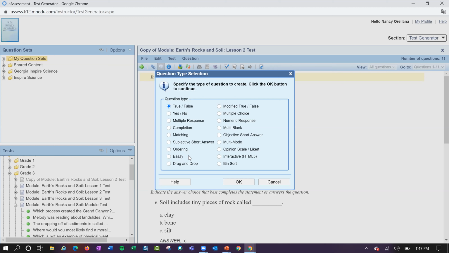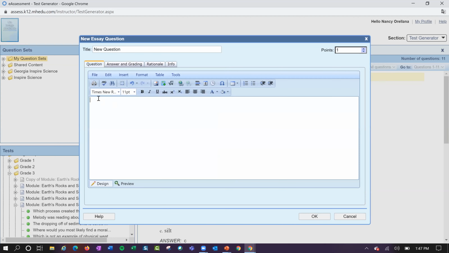For essay, the only thing I would do for the one that you said, describing the three states of matter, I would do that as an essay question. And I would make sure that I include in there that they have to do all three in order to get full credit for each one. Or the other thing that you can do is, when I create the essay, let me go back here and say,